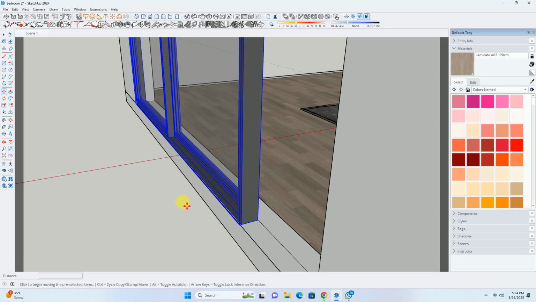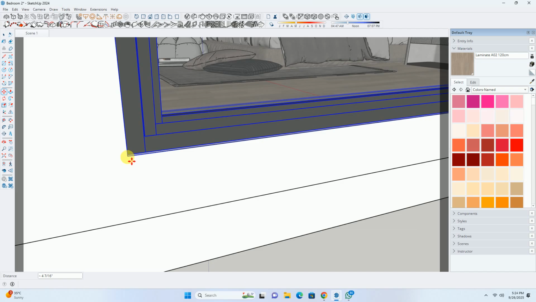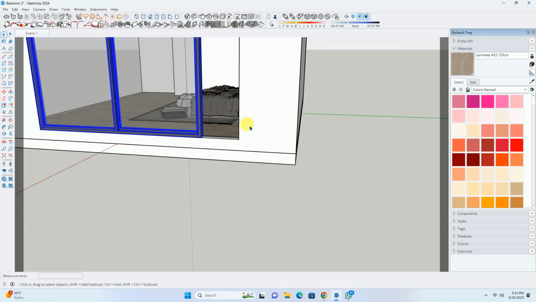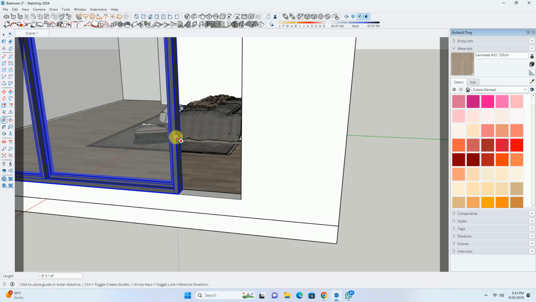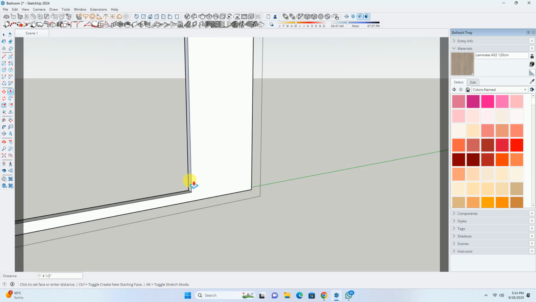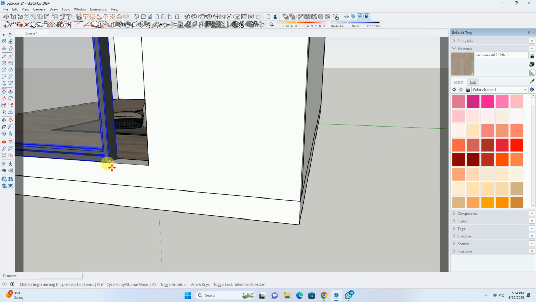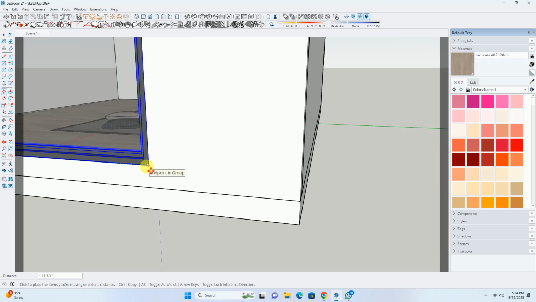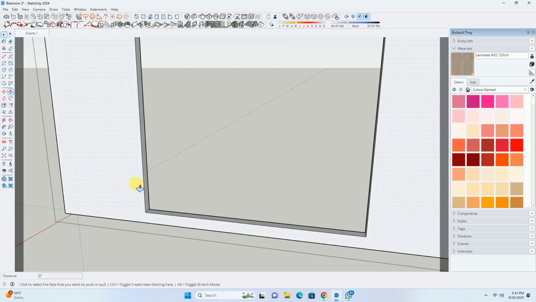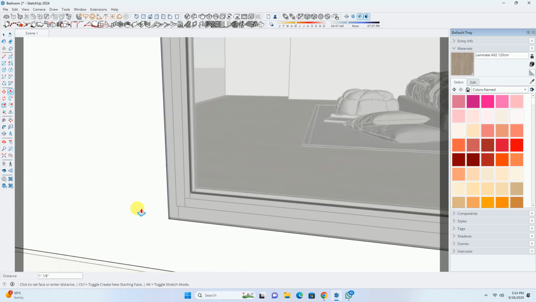Now we will move this object from this corner to over here. As you can see, there's still a gap between these two elements. If I measure this gap, it is about 18 inches. So I'll double click over here and apply the push pull command of 9 inches from over here. Then I'll select this object and move it in this direction. And I'll double click over here and apply push pull up till.